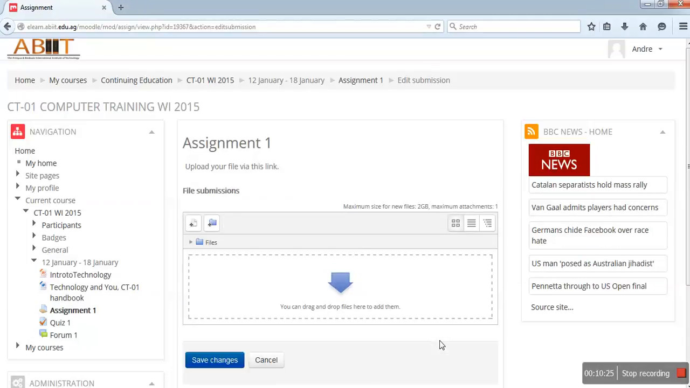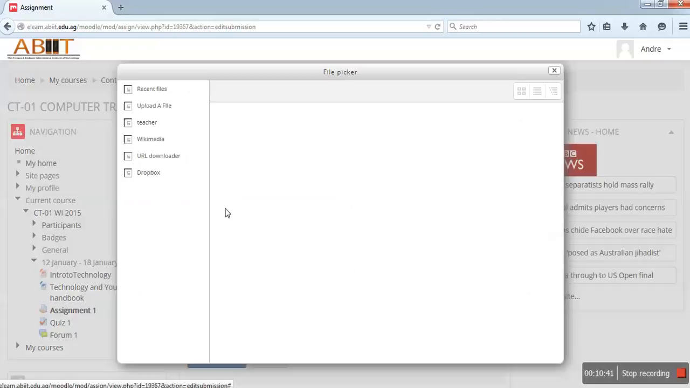And just like updating a profile, the short method would be to drag and drop the file here. But let's go the long way. If you didn't feel comfortable with the drag and drop method, the longer method goes something like this. We're going to click on the add button